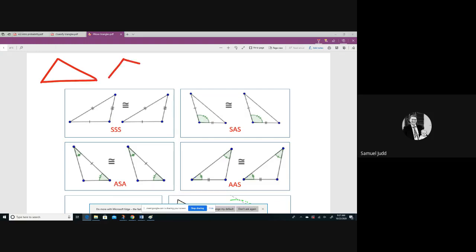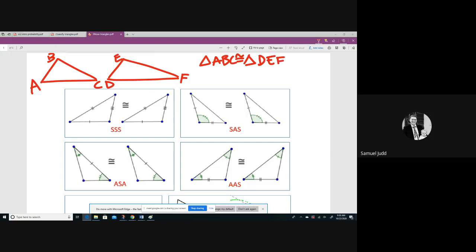Use this as my example: triangle ABC and triangle DEF. What I am saying when I say triangle ABC is congruent to triangle DEF,